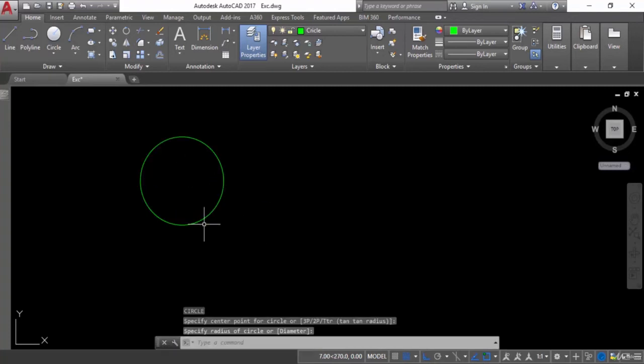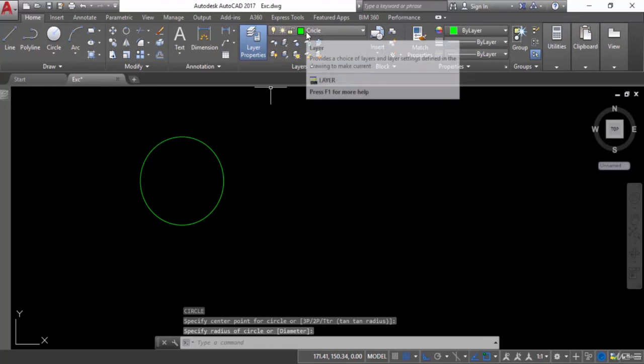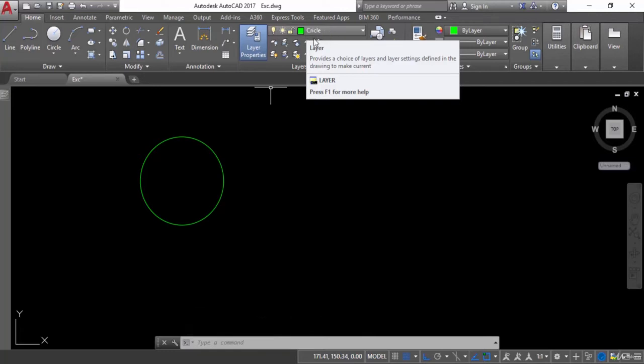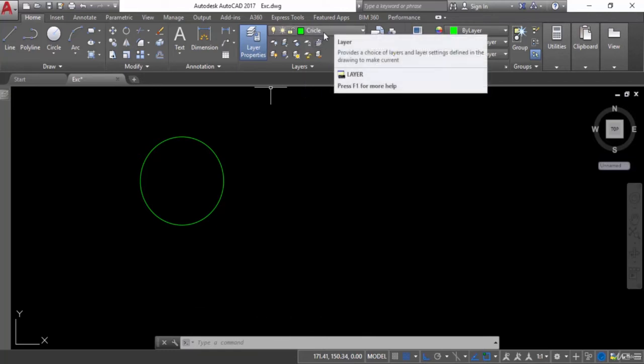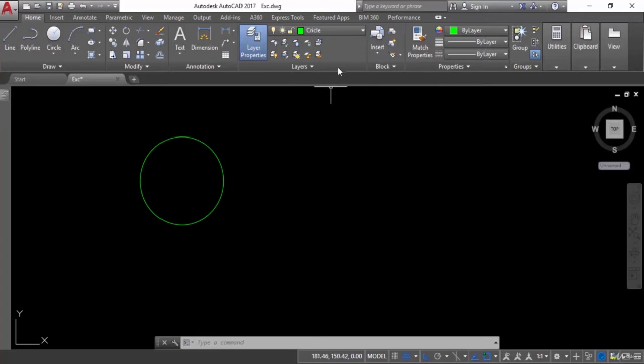Now this is the circle under which layer? Circle layer. Okay, now again if I want to just create a rectangle, under rectangle layer, you can change from here as well without making that layer a default layer. I will click this drop down arrow, and you can see here are the layers that we have created. Like I want to just create a rectangle here, so I will select this one. Now this is the rectangle layer.